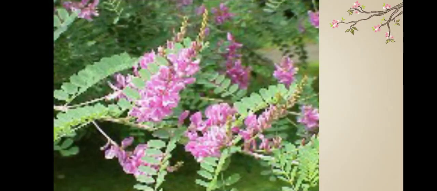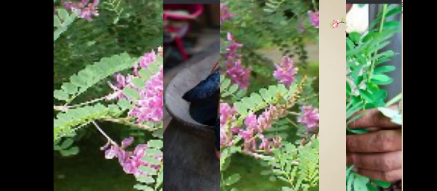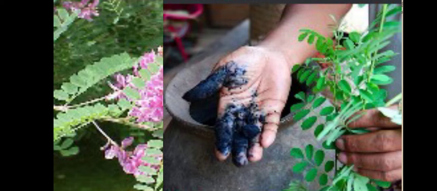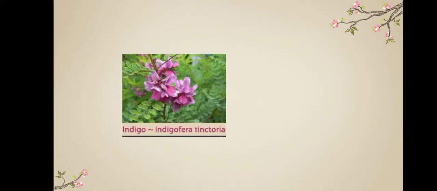This is the indigo plant. Indigo plant gives us blue color like this. These are the indigo flowers by which we can get this kind of blue color. And as I told you, the onion, these are the barks of a tree. From this also we are getting different colors. From the flowers also, different kinds of flowers are available for different colors. This way plants give us colors. That is called a natural color.